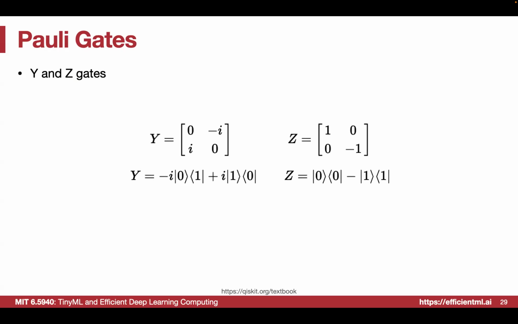We also have some other very splendid gates, maybe not very common in classical computation. That is the Y gate and also the Z gate. So what are their representations? Like the Y gate here, we have 0, -i, i, and 0, right? And also the Z gate here, we have 1, 0, and 0, -1. So the X gate, Y gate and Z gate, those are Pauli gates, right?